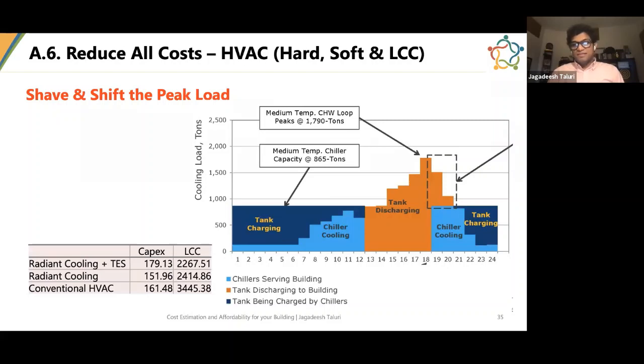If you look at this chart, this is for the 24-hour consumption cycle. You look at the blue area and the light blue area, where it says chiller cooling and tank discharging. So this is the cooling load profile. Around 6 o'clock in the evening, the peak load that I have is 1790 tons, which means I'll have to have a chiller of at least 1790 tons to be able to cater for